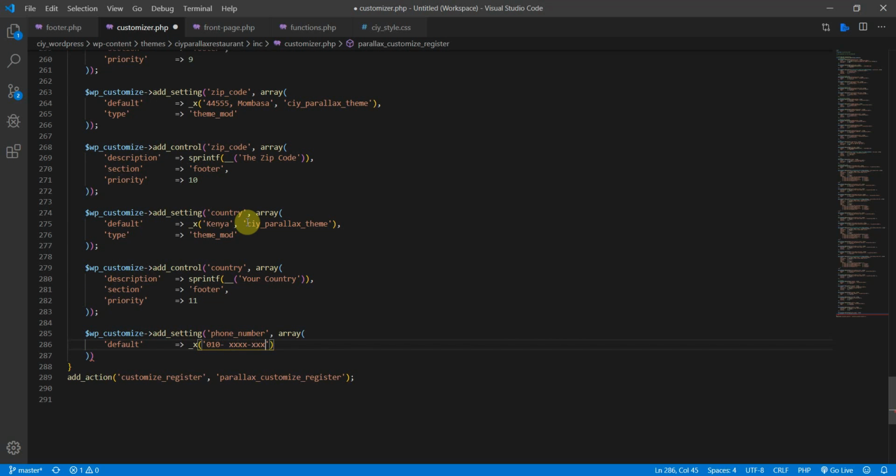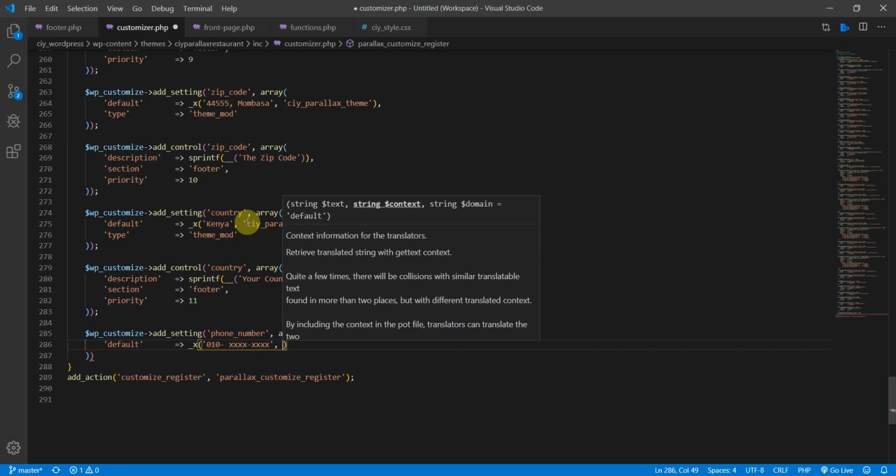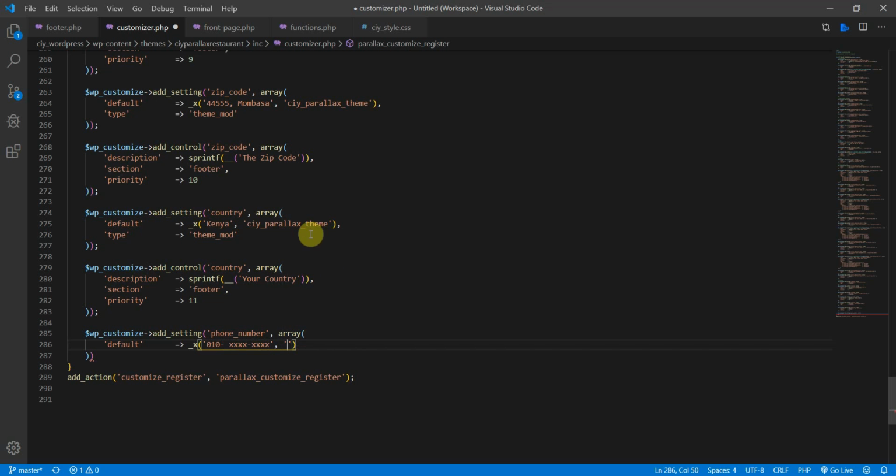So let's do like this. All right, and then the name of the theme, comma, and then the section, no, sorry, the type. Getting ahead of myself here. So theme mod,